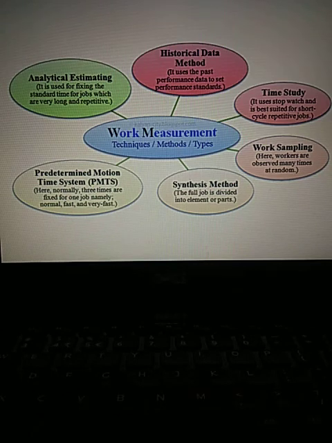Now if you see under historical data method, what are you going to understand? Let us suppose that a carpenter is manufacturing a chair. When you are applying historical data, you will take the information if anybody already manufactured that same kind of chair, how much time they took, what other tools were required, and any other disturbances caused while manufacturing that, along with the present information.